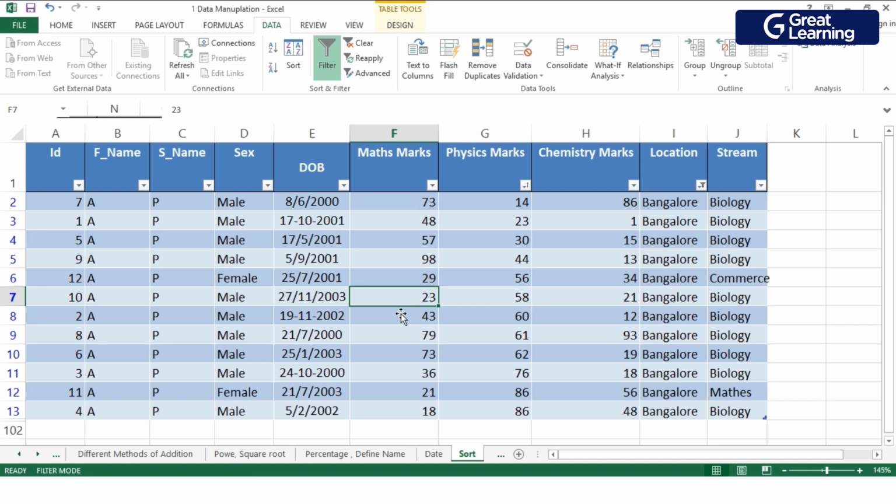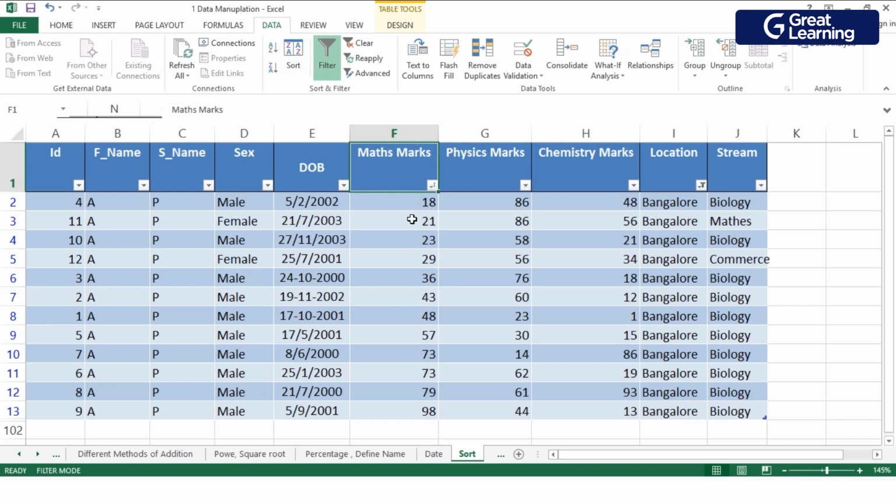So now pay attention to this situation. We have sorted our data set on the basis of maths marks. Now in that we have a particular value which is repeating. So say for example, if this 18 is coming twice, which row should be given priority? Should this male row be given priority or this female row, if both of them are having same marks? Then if this is the case, I want to give priority to my column physics,